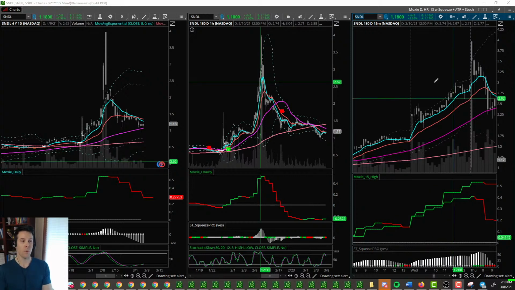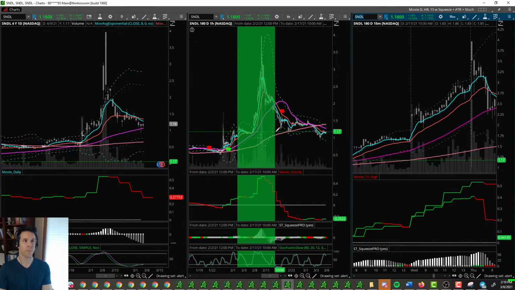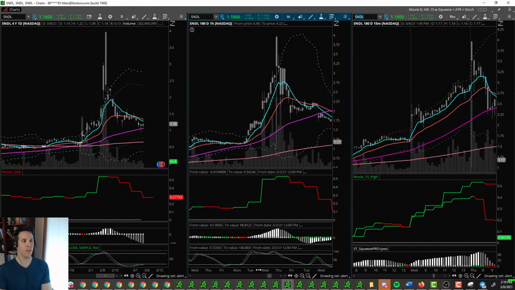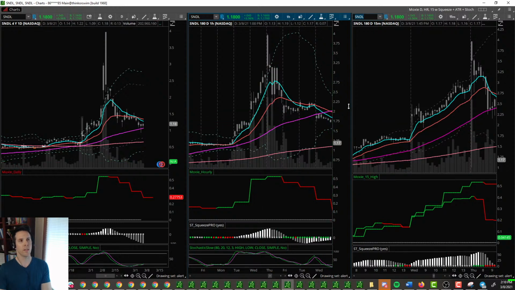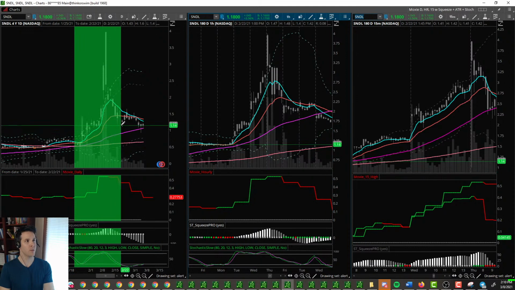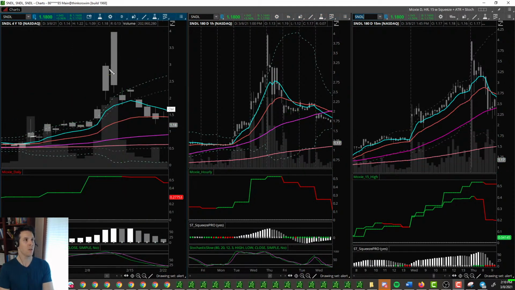Now, if you look here at the hourly chart, let me zoom in and see if I can get the day. There we go. The dotted lines help differentiate each day, so you know which day I'm talking about. That was a good day right there, and you can see we'd really started going vertical. Even on the daily chart, let me zoom in on this one, you could see it was this day right there.